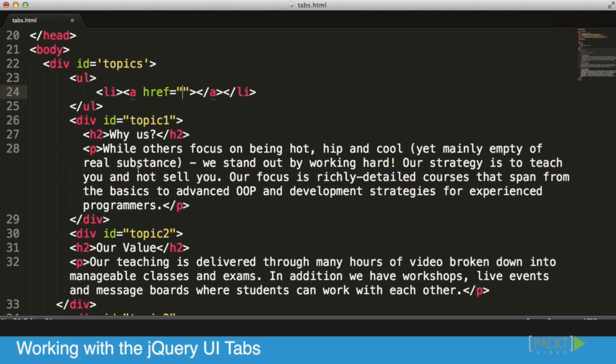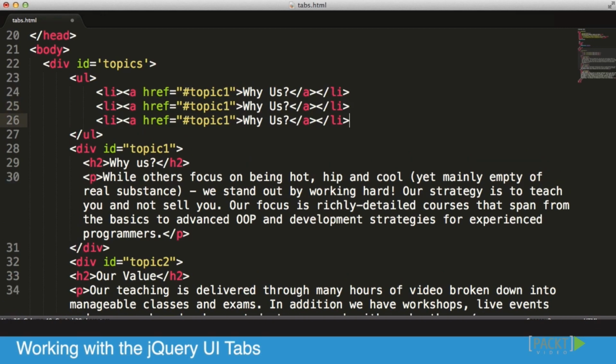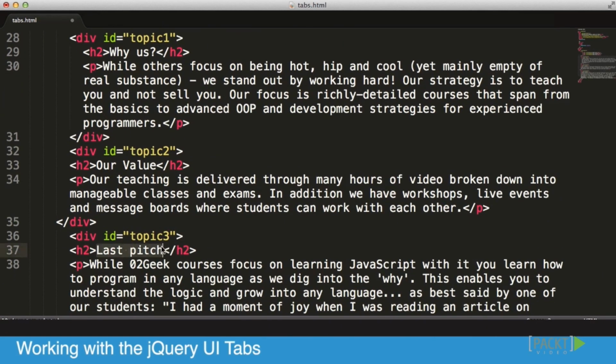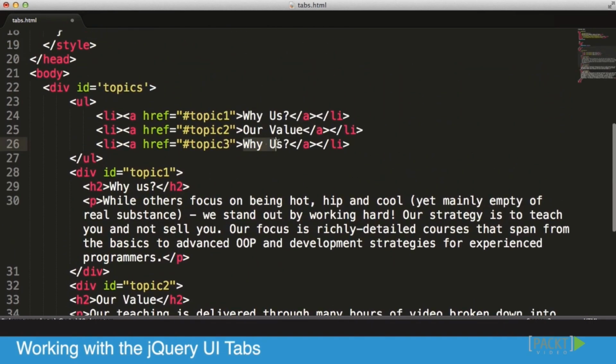Now, in the links themselves, because we're referring to internal elements, I'm going to start with a hashtag and then the ID of whatever area that I want to link to, such as topic 1. I'll give it also a title, such as Why Us. And I'm just going to duplicate this process a couple of times for the next 2 items that we have. So we have our topic 2 and topic 3. I'm just going to grab that our value is number 2 and fill the information up. And in our last one, our last pitch, we will find that as well and add that into our third step here. And literally, we created everything we need to do from the HTML's perspective to create a completely valid